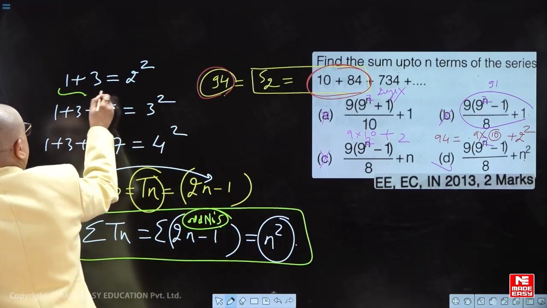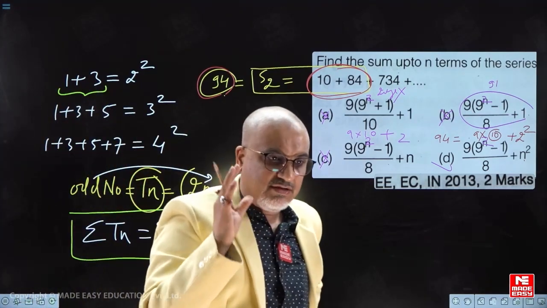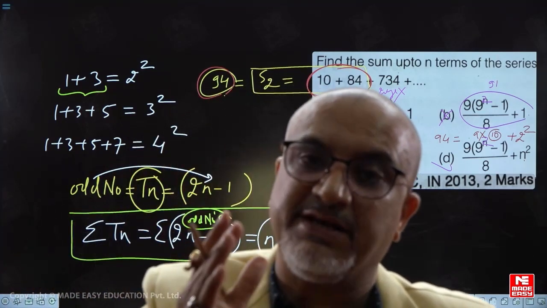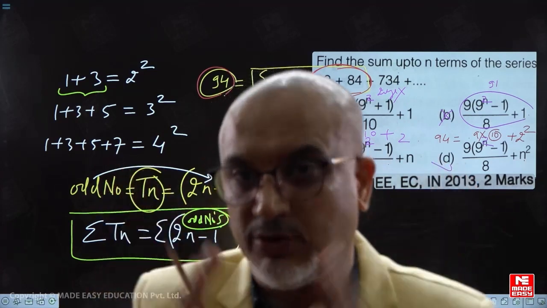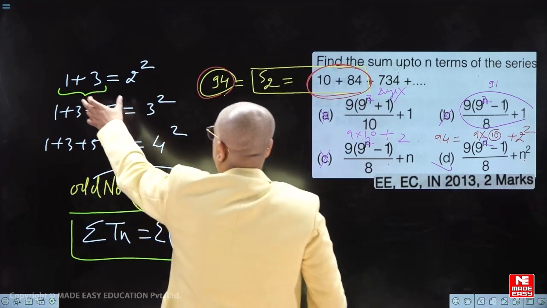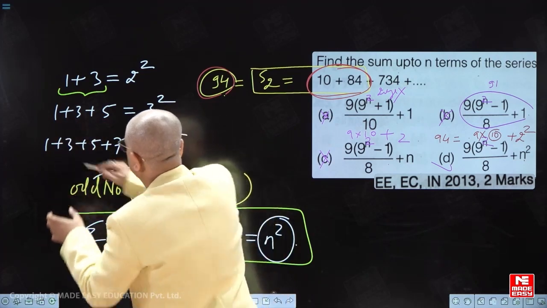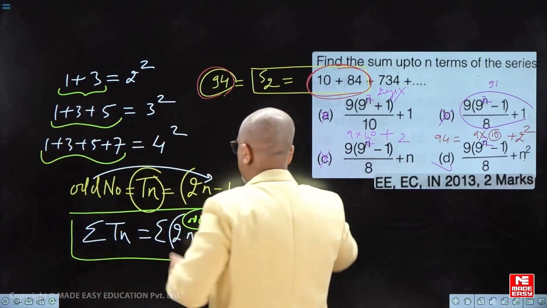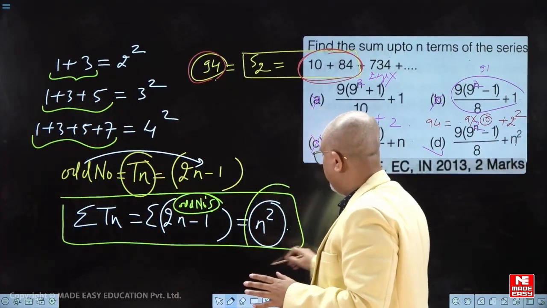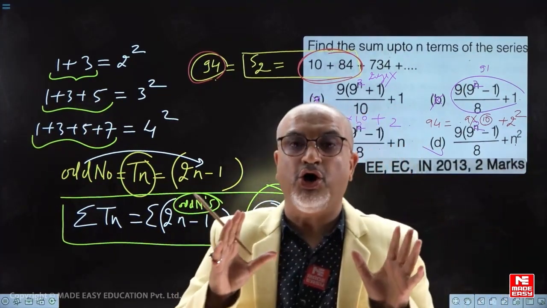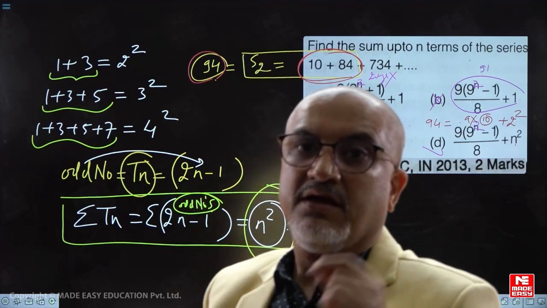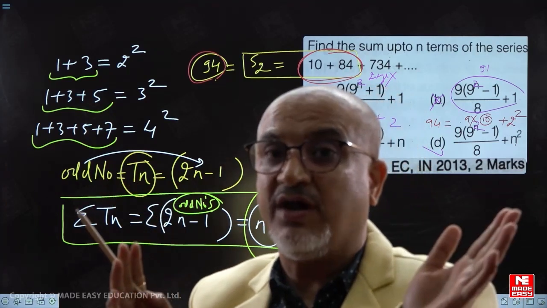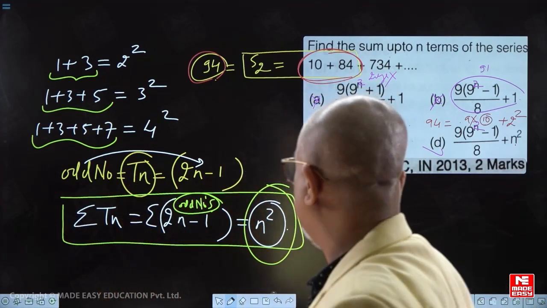These formulas, sigma n square, sigma n cube, and all these formulas are important formulas, but they will be applicable जब नंबर 1 से स्टार्ट हो रहे हो, राइट? तो दो नंबर है, 2 square is the sum. 3 नंबर है, 3 square is the sum. If there are 4 numbers, 4 square is the sum. So this is the sum for n numbers, n square. Numbers should be odd numbers beginning with 1 till 2n minus 1, sum is n square.